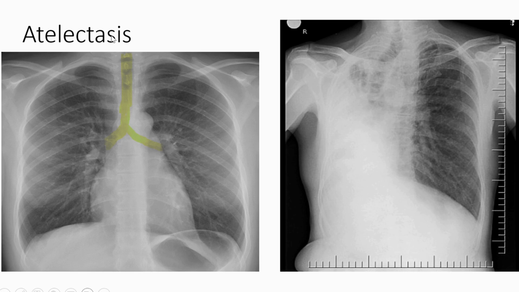Now atelectasis. What do we see in atelectasis? There are certain points, like opacity of the hemithorax or, if the involvement is lobar, radio opacity of the lobe. There is crowding of ribs and crowding of bronchovascular markings, and tracheal shift, which we can see in this image, with tracheal and mediastinal shift to the ipsilateral side with compensatory hyperinflation of the contralateral lung field.